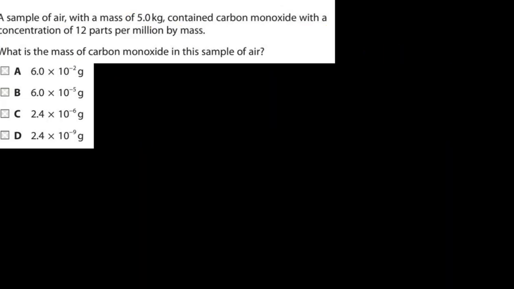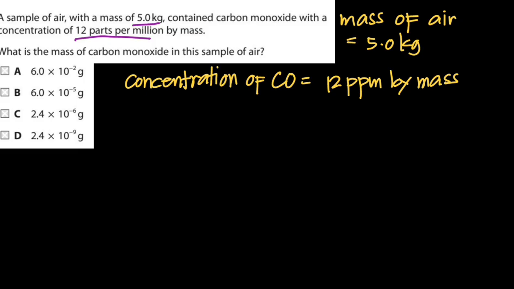A sample of air with a mass of 5 kilograms contained carbon monoxide with a concentration of 12 parts per million by mass. What is the mass of carbon monoxide in this sample of air? So let's take a look at the given values here. So we're given a sample of air which is 5 kilograms, and it contains carbon monoxide with 12 parts per million by mass. Alright, so those are the given values, and we are asked for the mass of carbon monoxide in the given